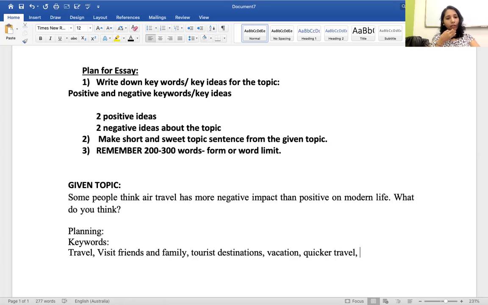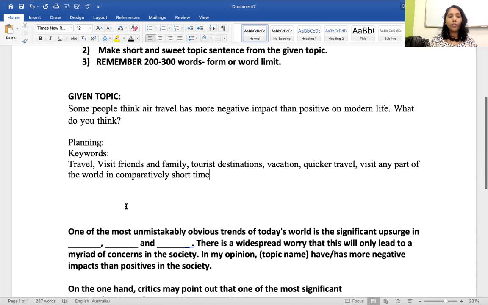Quicker travel, and then far distances can be covered, or you can visit any part of the world in comparatively short time. Okay, all these are your keywords,